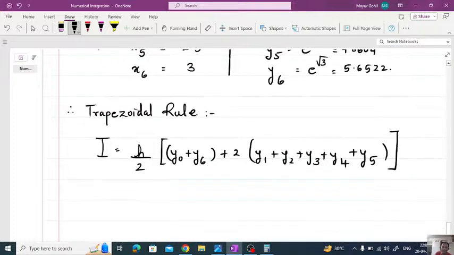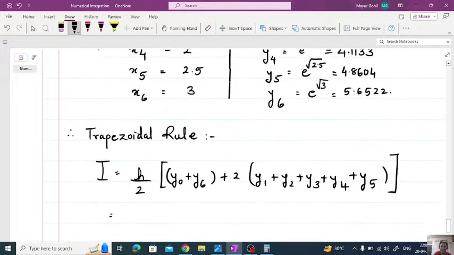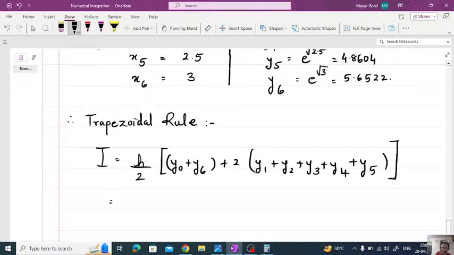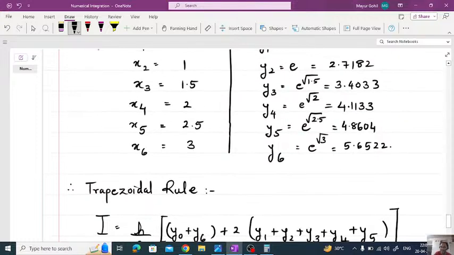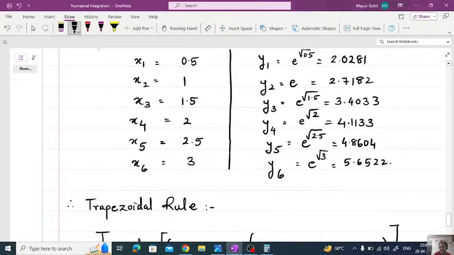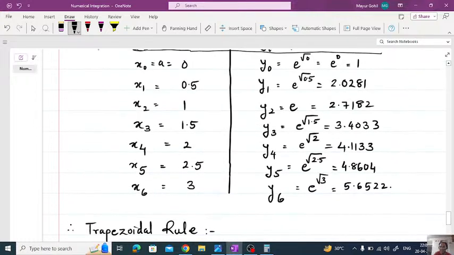Now write down all those values that you got. Now see, we are supposed to write the y's, not the x's, okay? So what is h in our case? We calculated it is 0.5 upon 2. The y0 value we calculated is 1. So it is 1 plus 5.6522 plus 2 times the remaining ones that we have to calculate. So add them up. How much is that? 2.0281